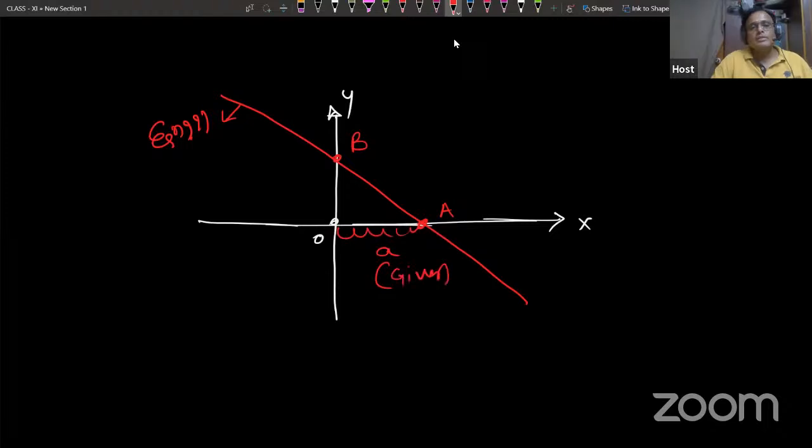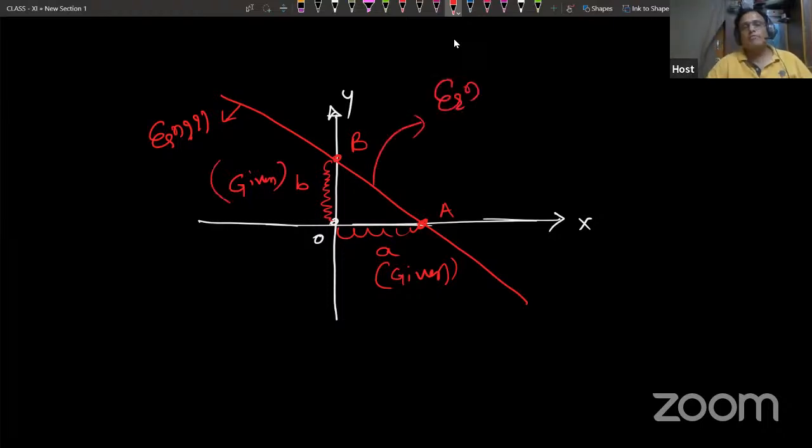The y-intercept is also given. Suppose this is the y-intercept B. This is also given. Remember it, two intercepts have been given. In that case, to find the equation of this line, remember it. The equation of the line is